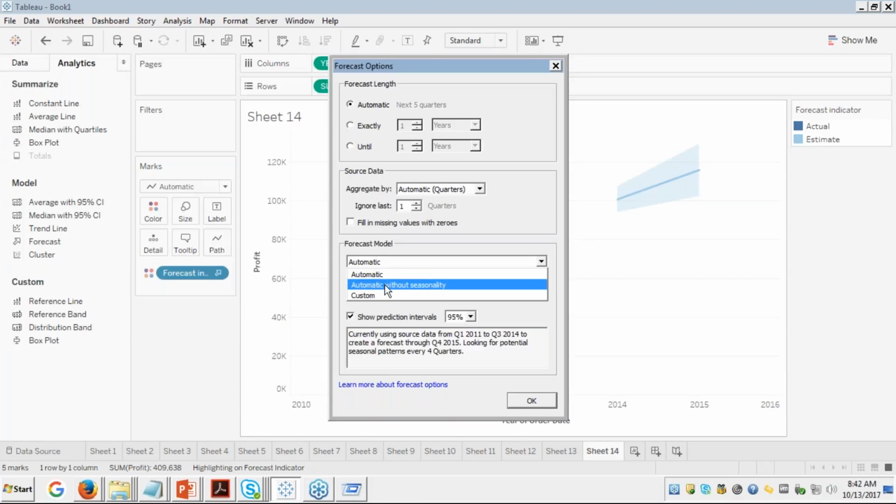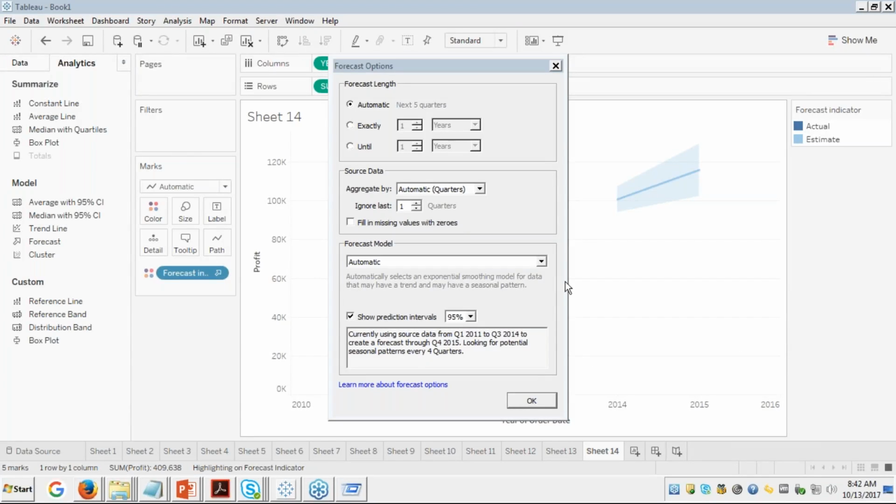So what is the seasonality? What is the seasonality, friends? Have you known about this term called seasonality? Seasons are